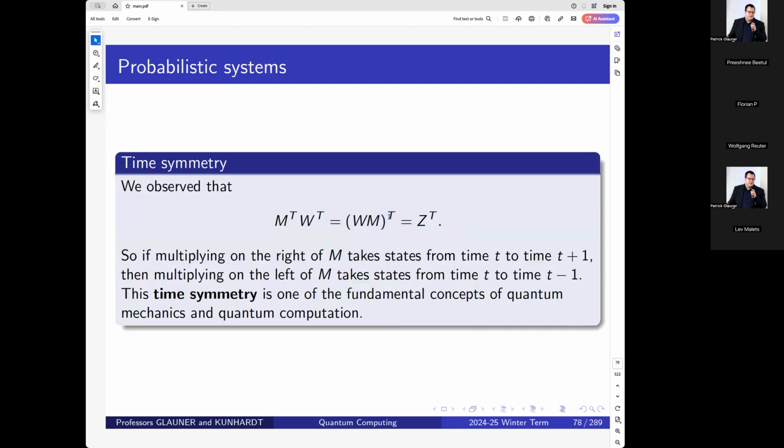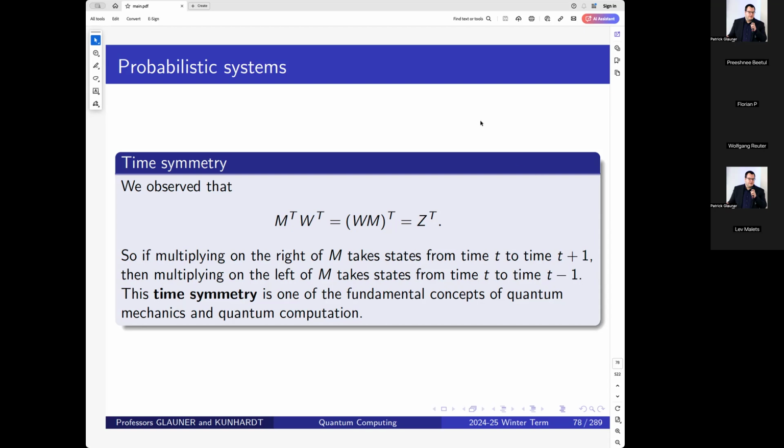And if I transpose this row vector, I have a column vector, and it's the same column vector as if I take my row vector transposed and multiply it from the right with that transposed matrix. What this gives me is a time symmetry. So multiplying with M from the right goes from time t to time step t plus 1. Multiplying on the left takes a state from time t to t minus 1, where t plus 1 goes back to t. So this is a fundamental concept of time symmetry, which we have now discussed for probabilistic systems, and